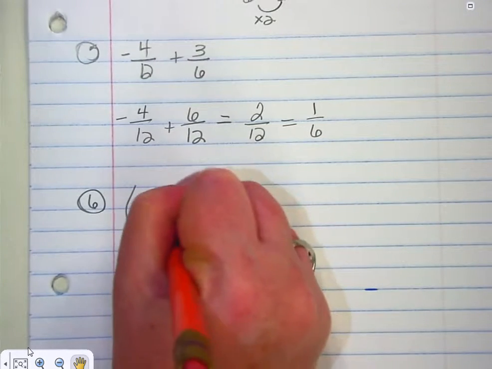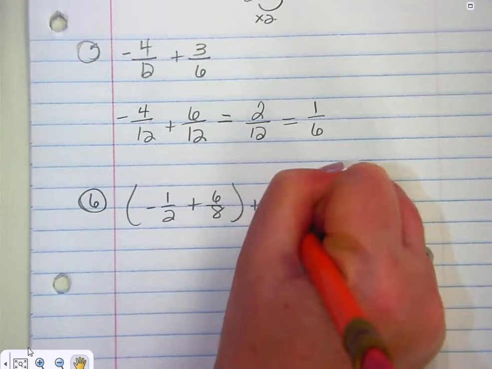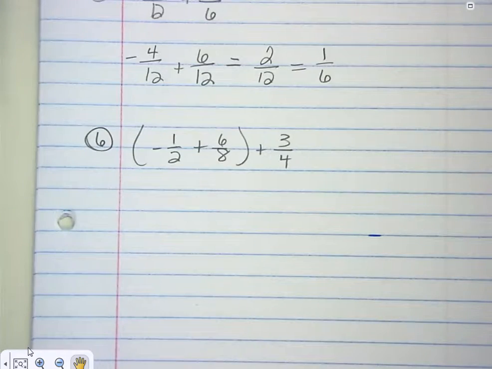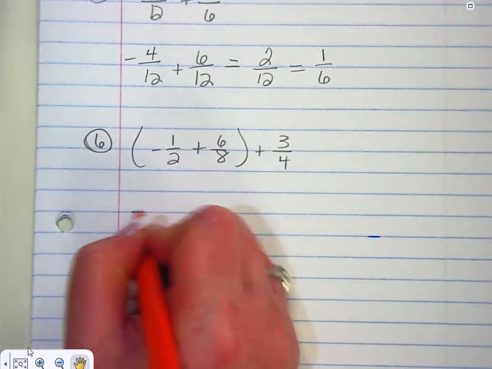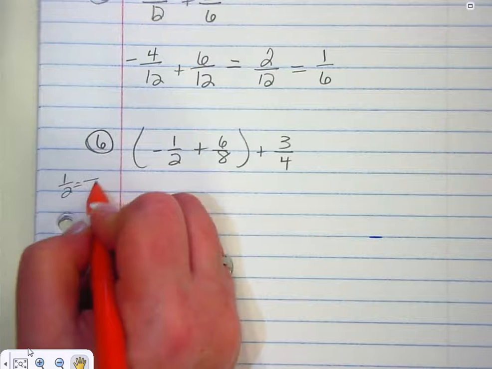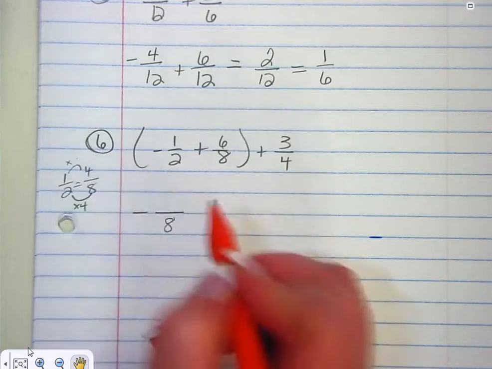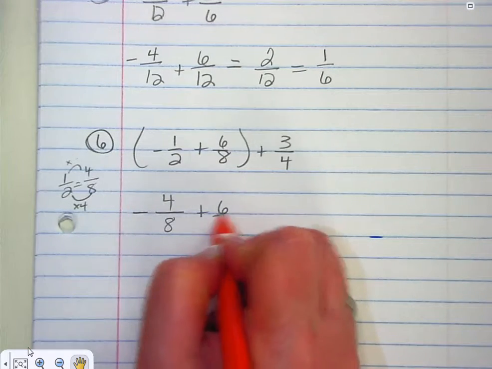Negative 1/2 plus 6/8 plus 3/4. So they all three have a different denominator, so I need to find a common denominator. What do I want my common denominator to be? 8. Okay. So negative 1/2 is how many 8s? Multiply that times 4. So times 4. 4 8s plus 6 8s